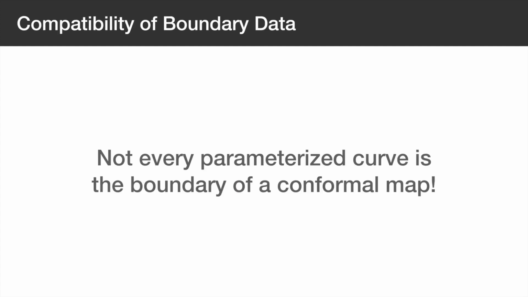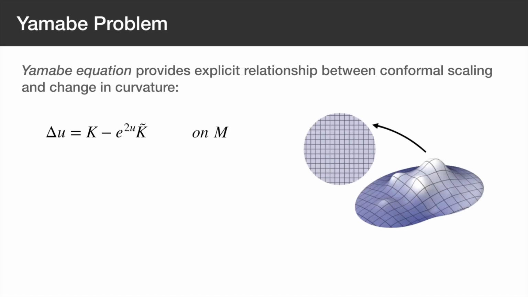In general, it's not true that any parameterized curve describes the boundary of a conformal map. The curve has to satisfy certain conditions. In particular, the Yamabe equation provides an explicit relationship between a scaling of the metric and the associated change in curvature. Here, U is the conformal scale factor, while K and K tilde are the Gaussian curvatures on the original